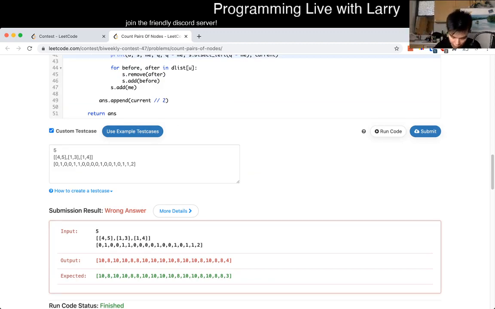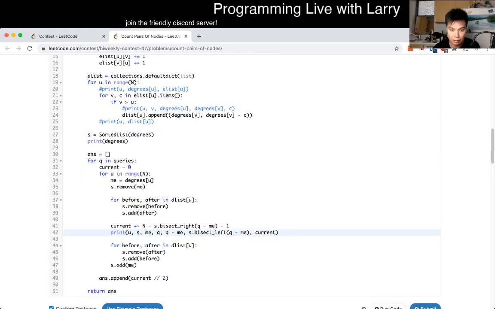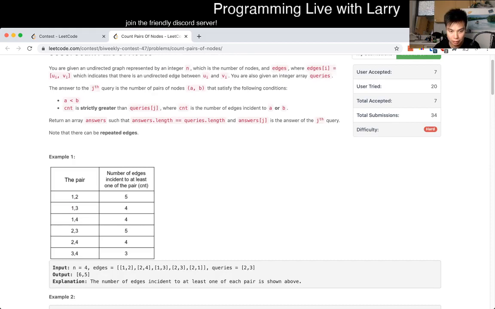Okay. So 1, 4, 4 connected 5, 1 connected 3, right? And then what does the 2 mean again? So that means that